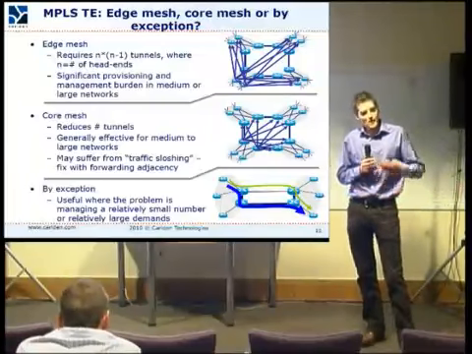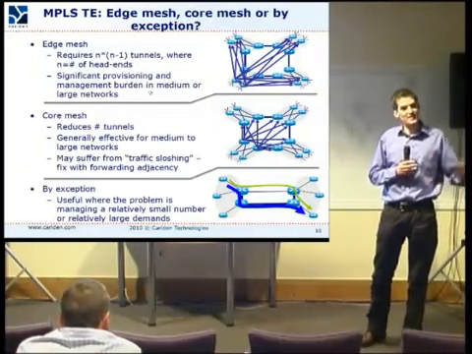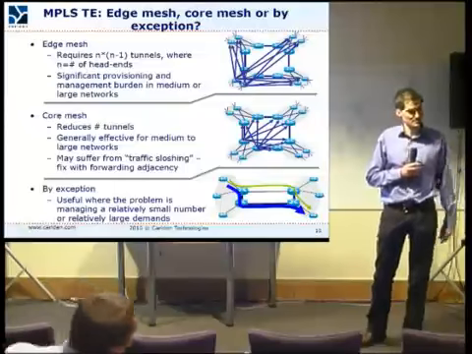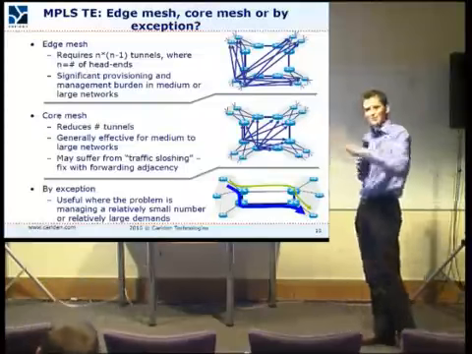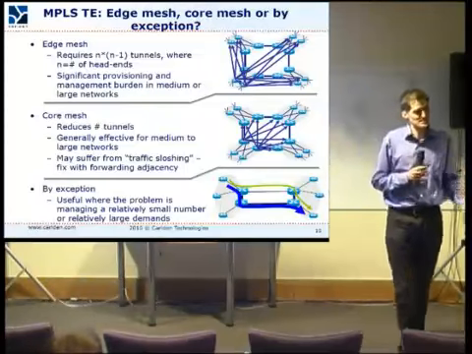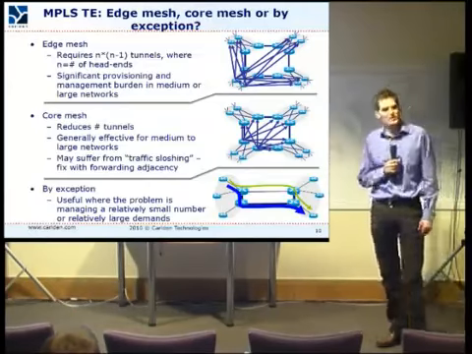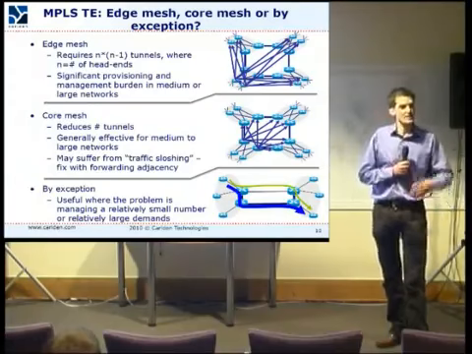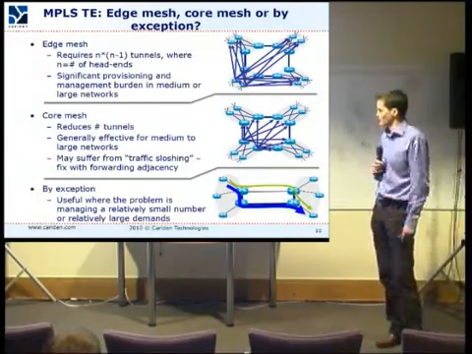actually have packets shifting to which tunnel they're going into. And you can end up with situations where your tunnels are wrongly sized for the packets going into those tunnels. So, that's an issue with a core mesh. If you do edge-to-edge tunnels, that doesn't happen. But that can be overcome. You can use a function called forwarding adjacency, where you actually advertise the tunnels into the IGP for outside of the traffic engineering domain, if you like.